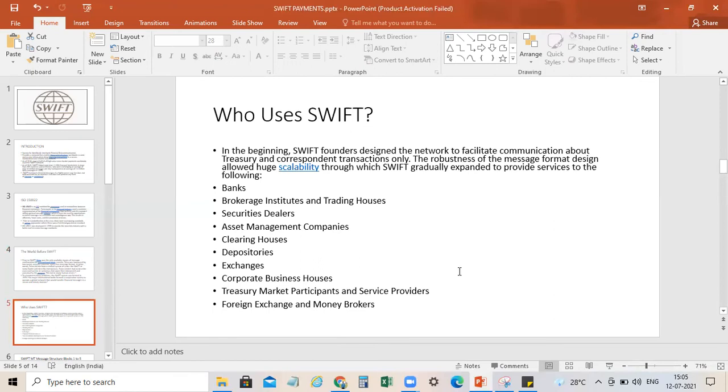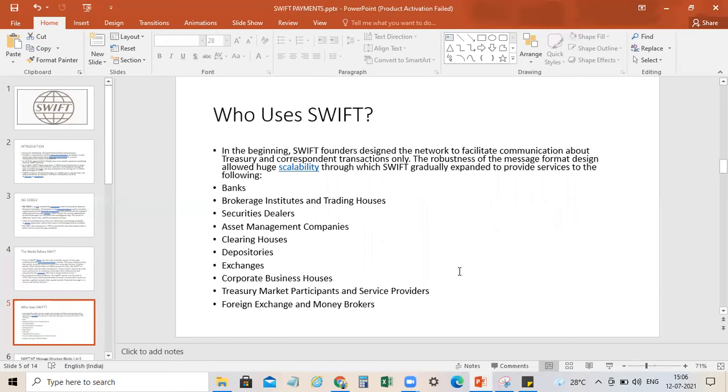So now we need to understand who uses SWIFT. In the beginning, SWIFT founders designed the network to facilitate communication about treasury and correspondent transactions only. The robustness of the message format design allowed huge scalability, through which SWIFT gradually expanded to provide services to the following. As I said, initially the six banks were involved and they communicated about treasury and correspondent transactions only, but SWIFT's robustness was such that it was able to be used in different